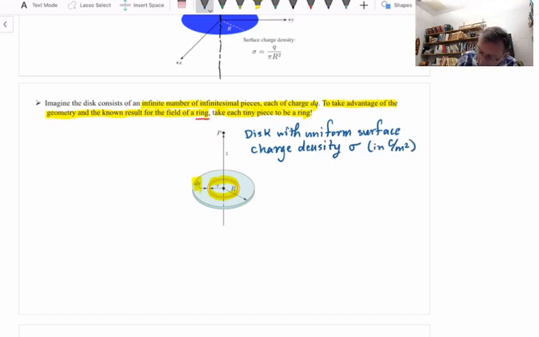And now I've taken that little ring right there. I've drawn one of my rings, it's a little flat-topped ring, and I want to know how much area it has. So this is a ring